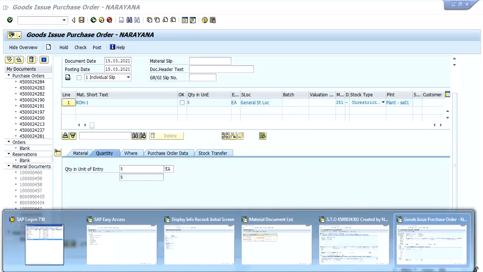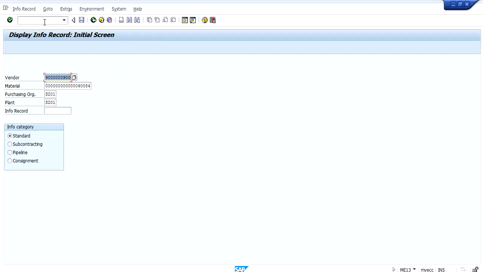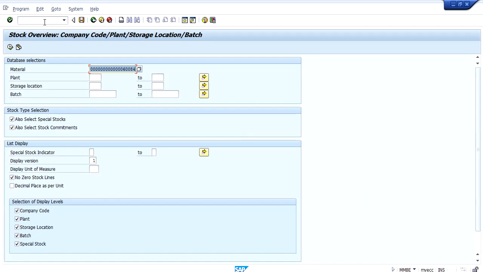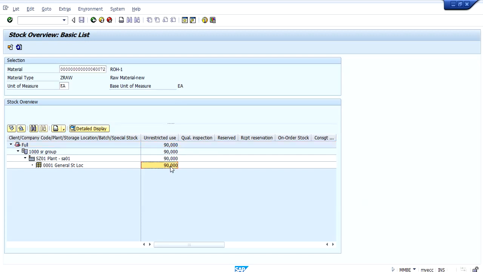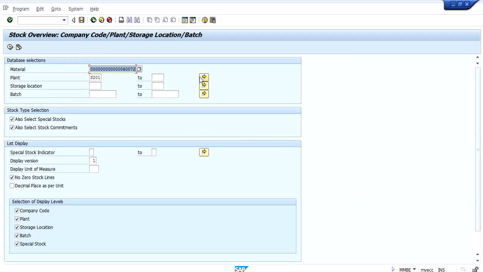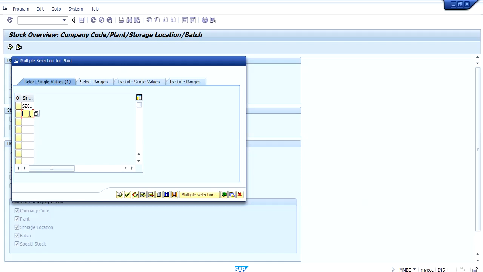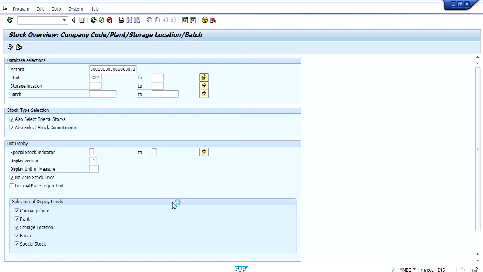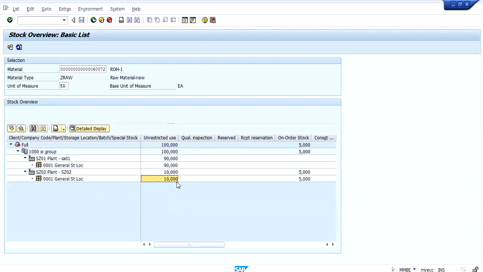So before issuing, let us go ahead and see how the stock exists in both the plants. Here it is 90 in SZ01, whereas in SZ02 it is 10.